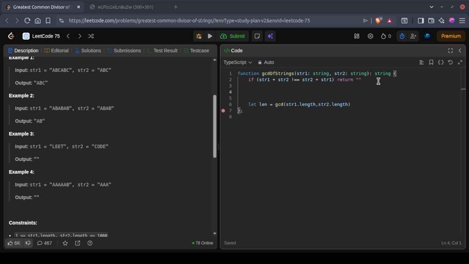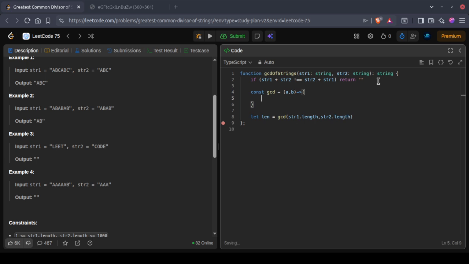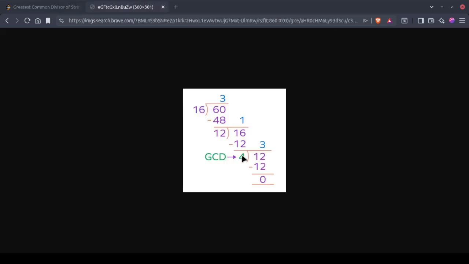Now I have to write a separate function. You can write it here also, but I am just writing a separate function for simplicity. GCD takes the two values a comma b, or the two lengths, and we have to run this function, this division ladder,